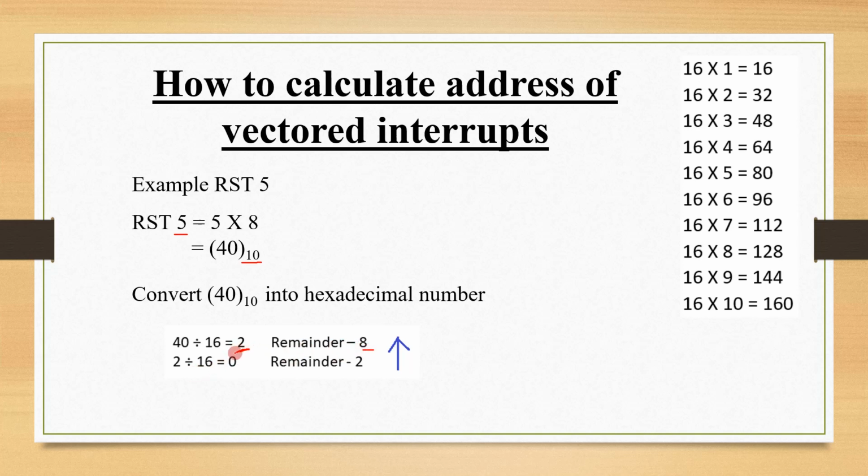Then we will divide the quotient by 16, we will get the quotient 0 and the remainder will be 2, and we will take the remainders in reverse order. As soon as we get the quotient as 0, at that time we take the remainders in reverse order. So this becomes 28H.